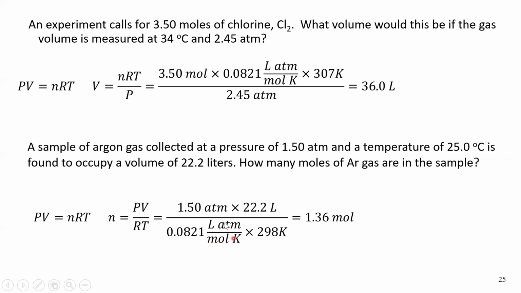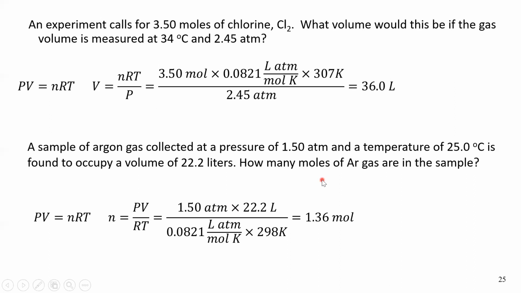We've got a fraction in the denominator. We just take the reciprocal in the numerator, so we end up with moles as our units, and that's what we're trying to find. We have 1.50 times 22.2 divided by 0.0821 divided by 298. We've got 3 significant digits in our problem, so 1.36 moles of argon gas would be in this particular container